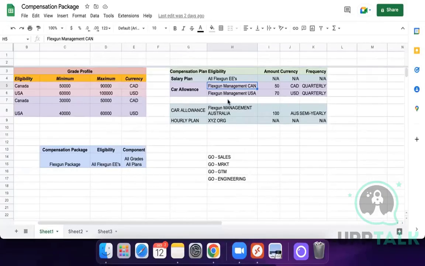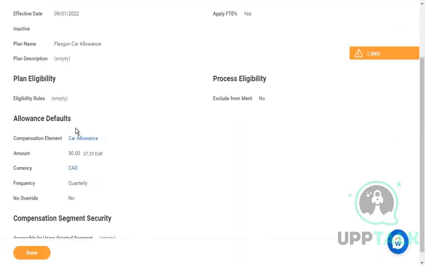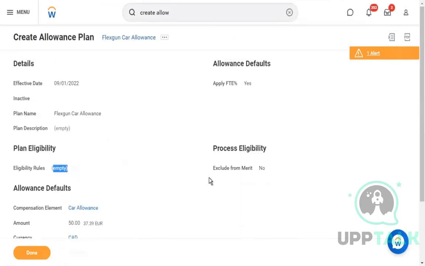And then we create another car allowance plan, which does the same thing, except that we change the eligibility logic to employee is a manager and is in US. And we change the value to 70 and the currency to US, and everything remains the same, right? But every time we have a new location, every time we have a new region added into the system, do we continue to create more allowance plans? That is not a scalable solution, which is why